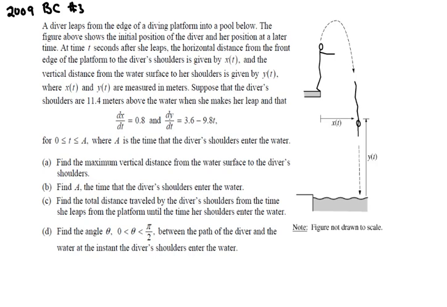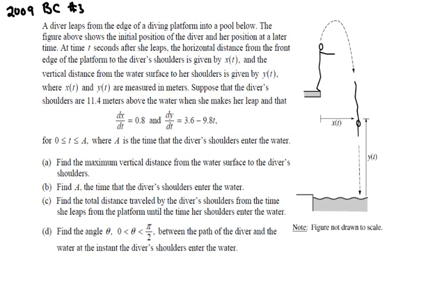2009 BC, problem number 3. We have this diver leaping from the edge of a diving platform into the pool below. And the figure shows the initial position of the diver and her position at a later time. At t seconds after she leaps, the horizontal distance from the front edge of the platform to the diver's shoulders,